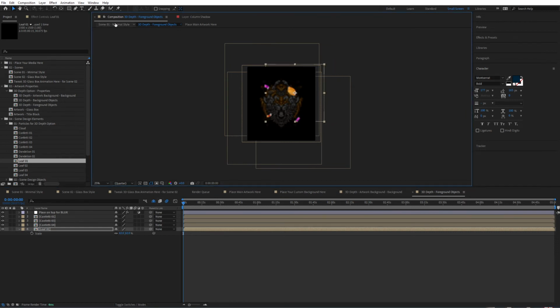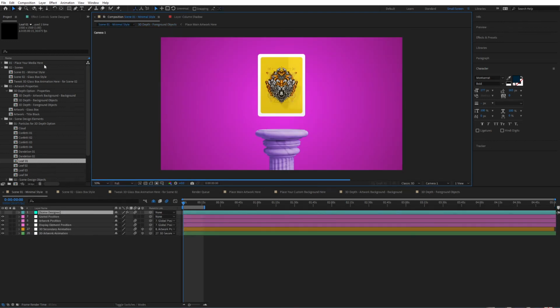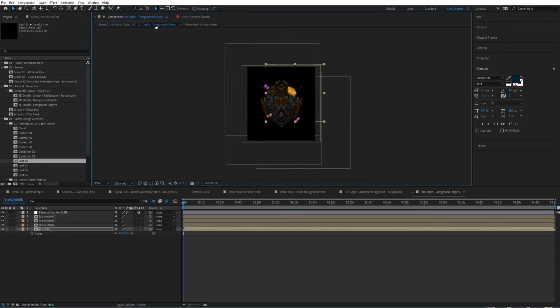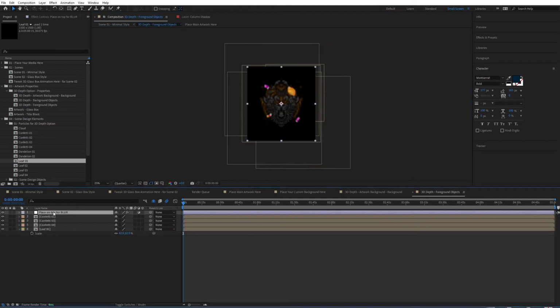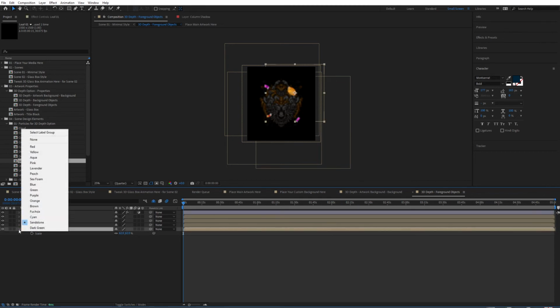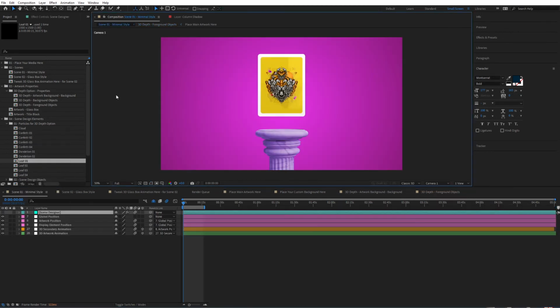And now if we go to the minimal style, you can see that those are added over here. Of course, if you would like to have that blur, make sure that they are placed right under this layer. So let's go to the minimal style in here. And now